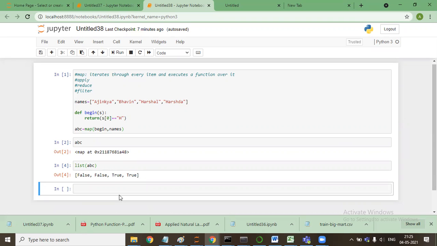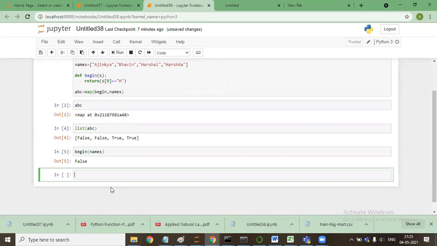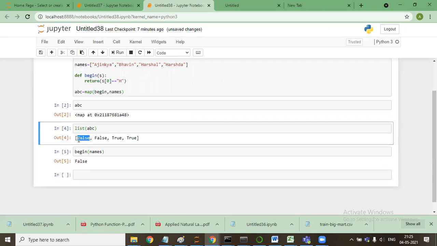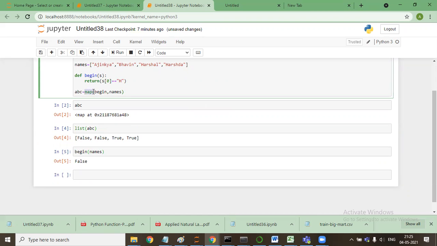If I would have used begin on names directly, it will give me only the first value, false. But I actually want this begin to be applicable on every element of the list. So that's why I need to use map. Are you with me? Yes, sir.